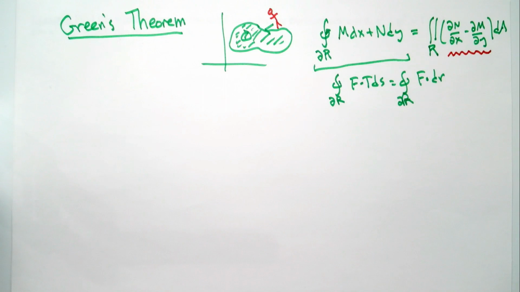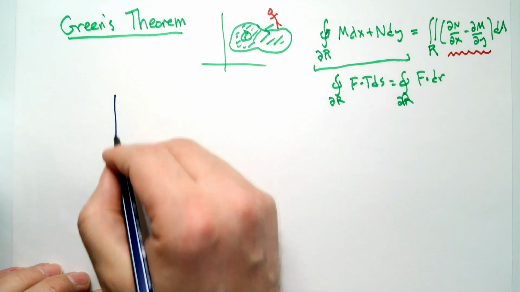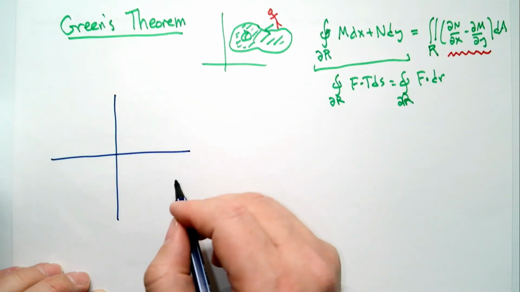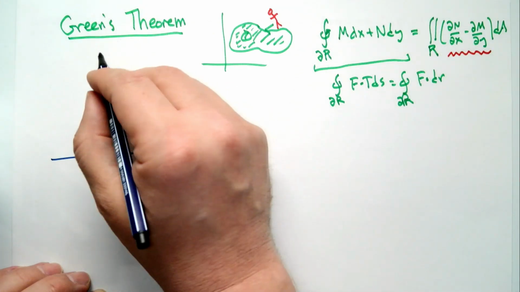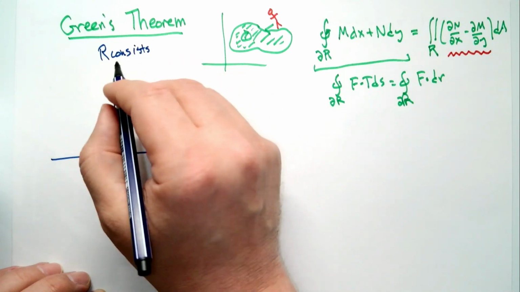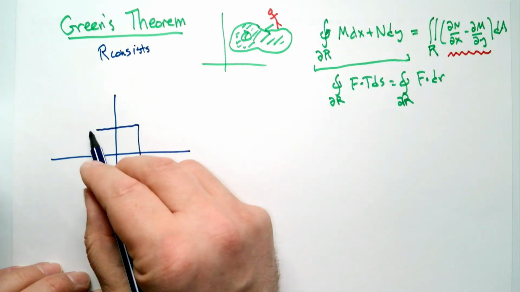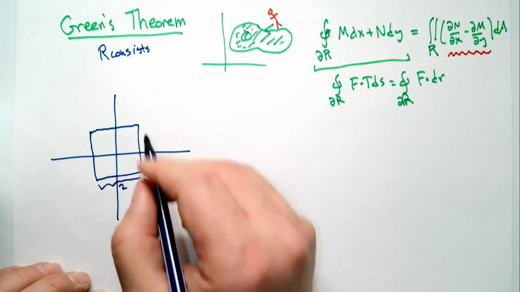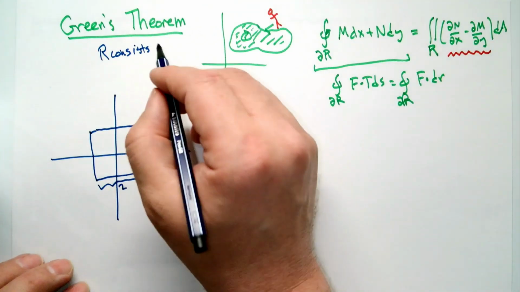Okay, so we want to do a problem like this. So we have to start, and let's suppose we have a particular problem. And I hope I'm not going to regret my choices I'm about to make. But let's suppose our region R consists of the following. Well, let's do it by picture. It's going to be a square with side lengths 2 centered at the origin. But that's just, we're building it up. So R consists of a 2 by 2 square